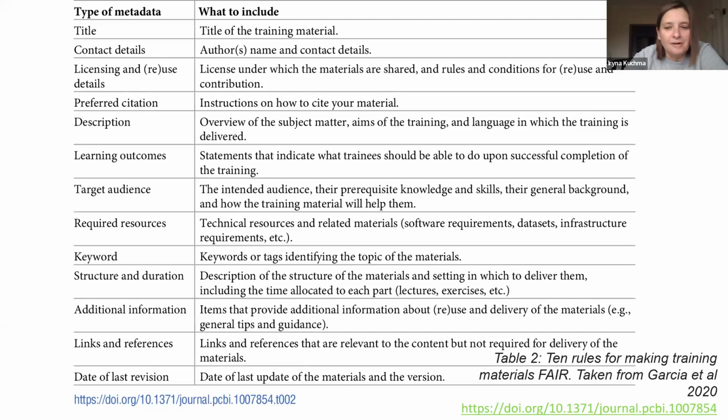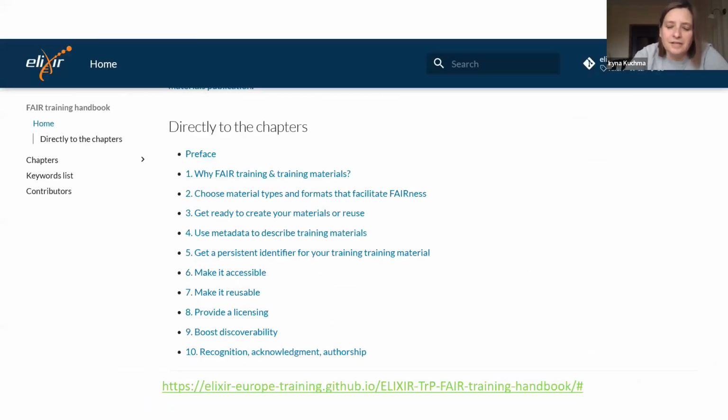And then there were some recommendations on what should be included, like keywords for training materials, a clear reuse license, author names, contact details, learning outcomes, very important, target audience, structure, duration, and any additional information that would be useful to other trainers. And then later on, this group of people, with the help of some others, prepared a resource which they called